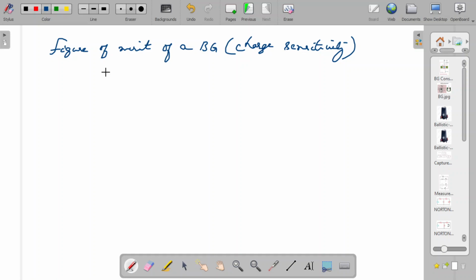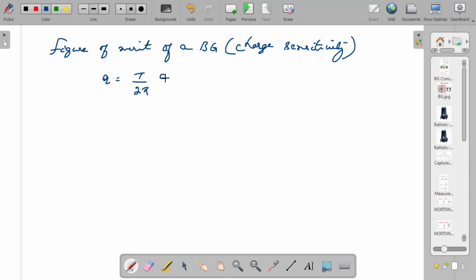So before that, I'll write down the expression for the charge Q, which we have derived, that is T by 2 pi into C by N, number of turns, B magnetic flux density, A area of the coil, then theta 1 times 1 plus lambda by 2. This is the expression for the charge of the ballistic galvanometer.